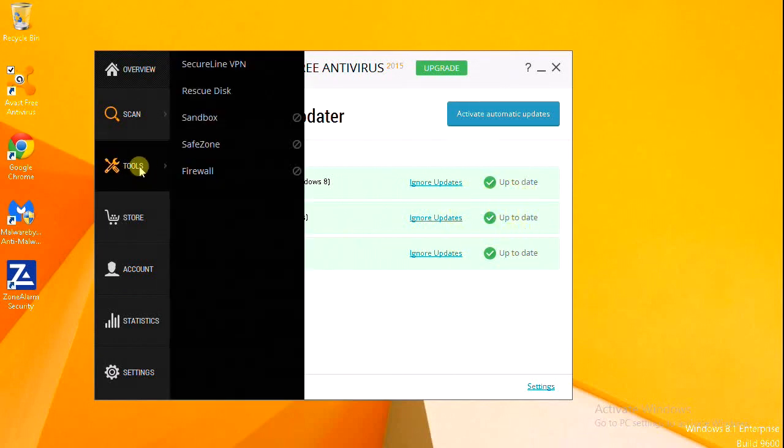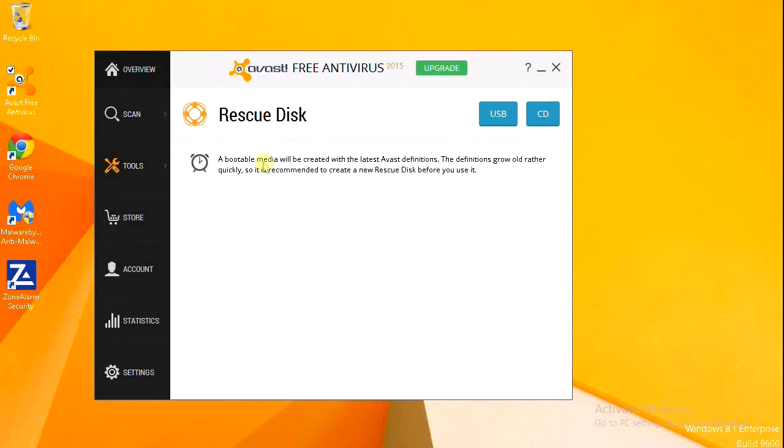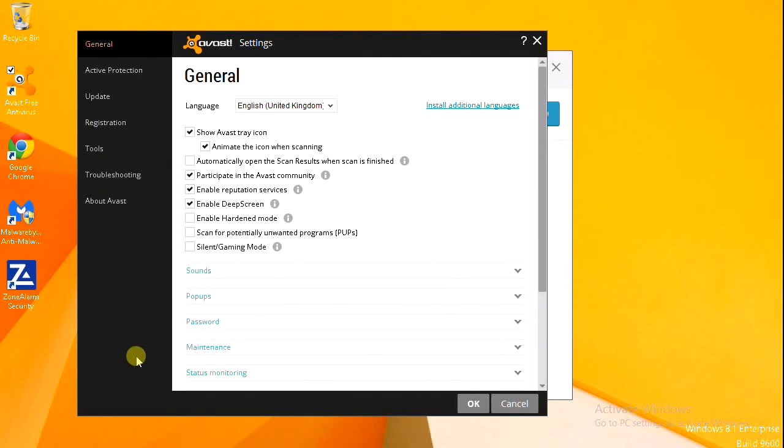If you go to tools, there's rescue disk. Basically, this is what it says: you can create a bootable antivirus media. So you can choose USB or CD, and you can create antivirus. Then if we go to settings, in general,